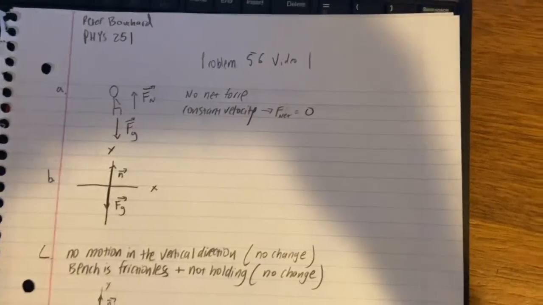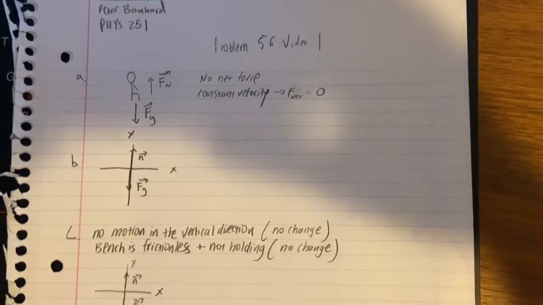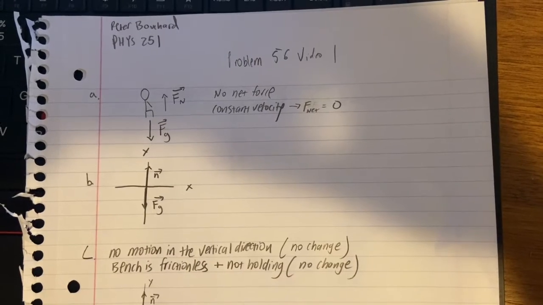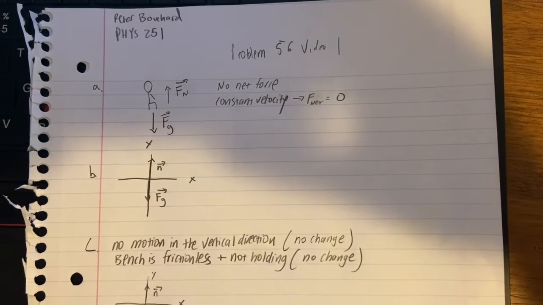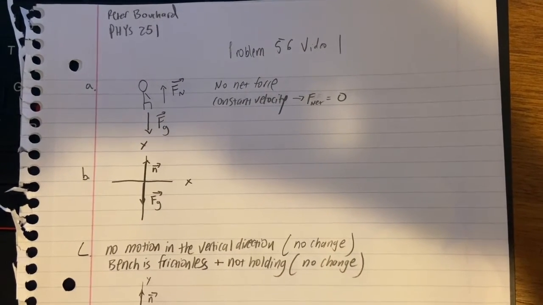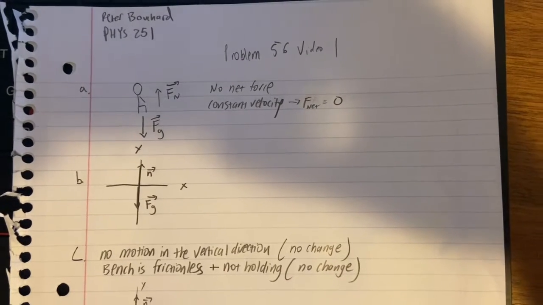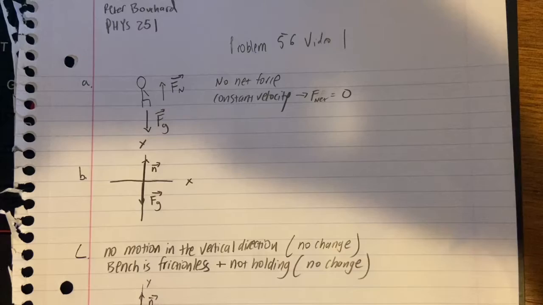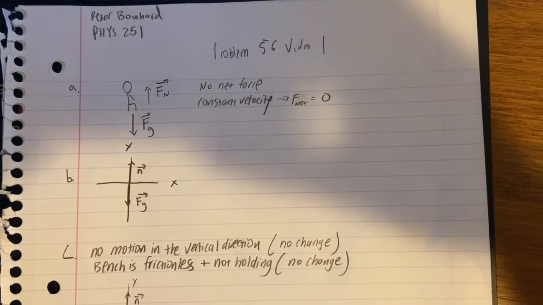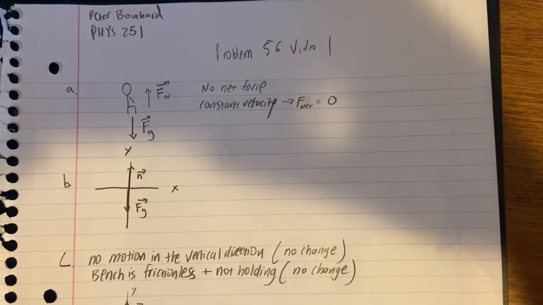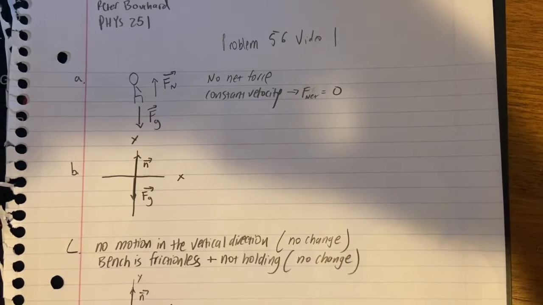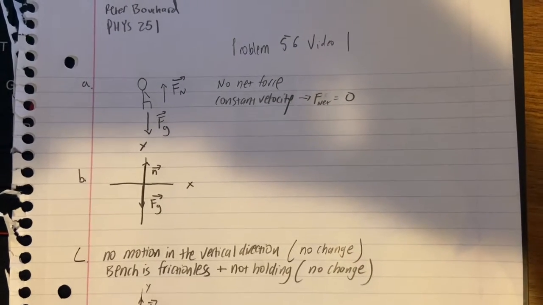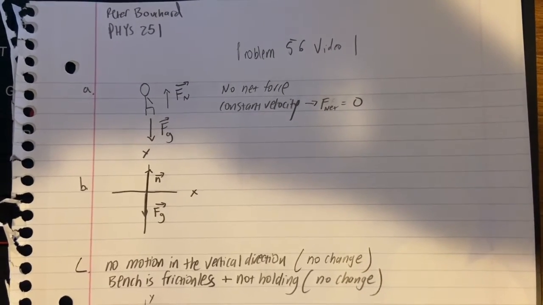All right, so this is problem 56 of the week 5 video explainers. In this case, there is an individual sitting on a bench in a car, and it is very slippery. That is what the problem states. So that means there's no friction, and also the person does not have a backrest or anything to hold on to. So in this case, we can draw a picture of the person sitting on the bench,